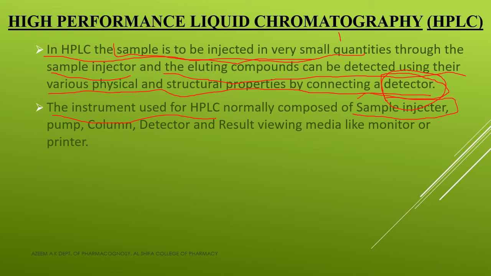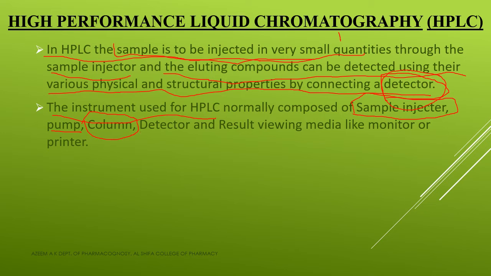It has a sample injector, then a pump or pressure pump, and this pump will take the sample to the column. The next part is a major part of the instrument, that is the column, which, as we already told, is very small, with a diameter of approximately 5 millimeter. Inside the column it is packed with the stationary bed, composed of a silica based silicon group, and the particle size is 2 to 10 micrometer.